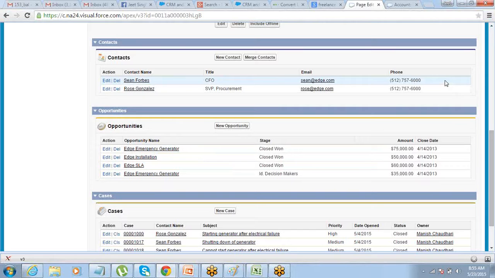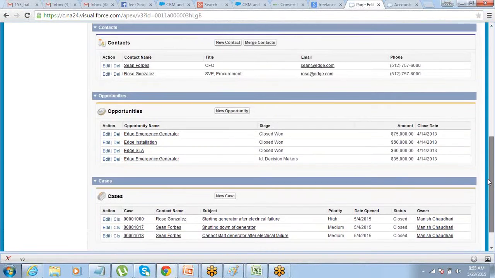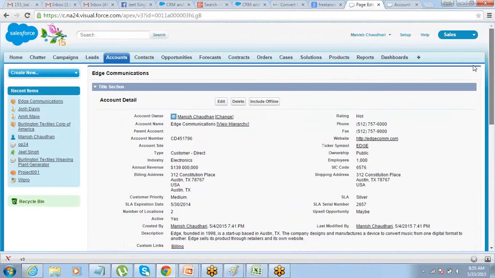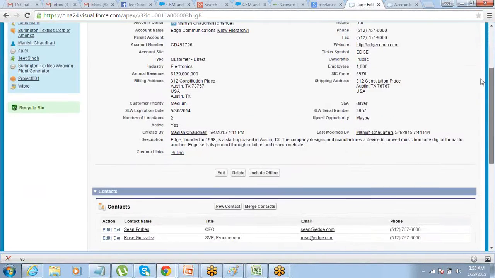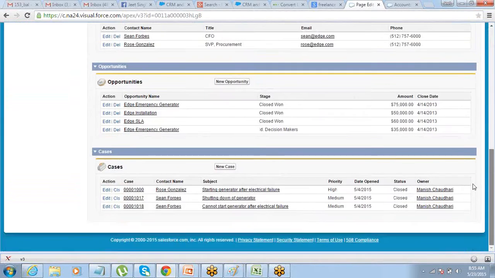If I have 15, 20 records under each related list, and if I have 5 or 7 related lists, so this page will become really very long, right? End users will not be very comfortable using this. Okay. So in that case, my client comes to me and says that, hey, you know what, this page is very long. It's very difficult for us to access the data. All right. Still, even now, if you have to scroll down and search for some contact or something, it will become a little difficult, you know.